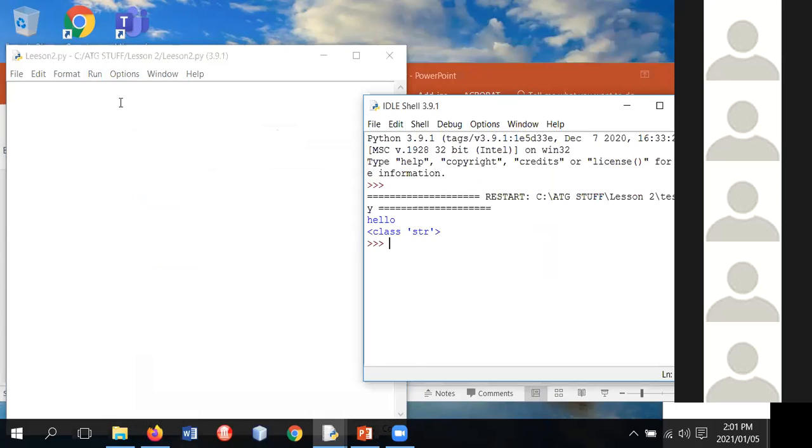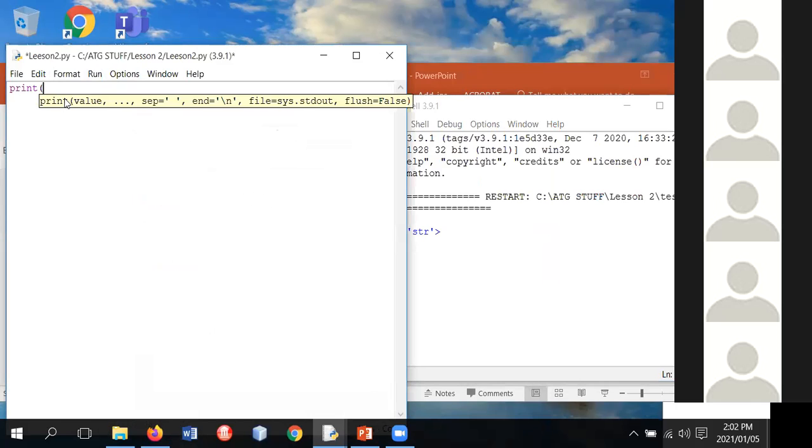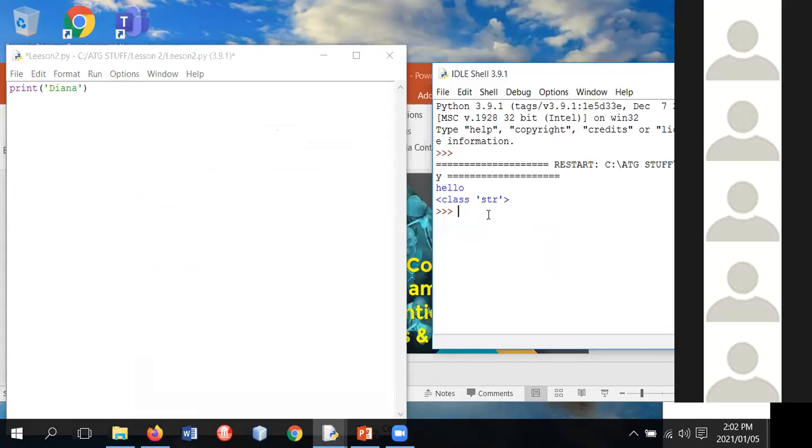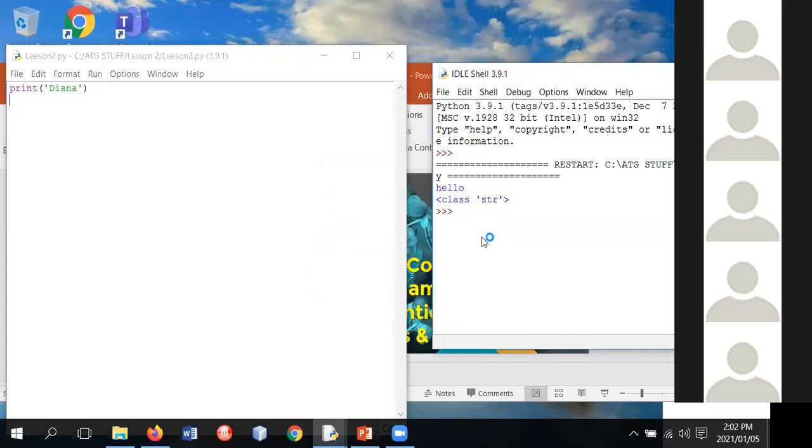right? So remember yesterday, if we looked at something, if I said print Diana, right? If I press enter, obviously it's going to give me space to type in other code. There's nothing here yet. If you look at this part here, there's nothing here yet. Now, if I go to run and run module, and that's how you'd run it, each time you make a change to your edit, it's going to ask you to save your source. This is called your source code, right? So just click OK. It will save it,